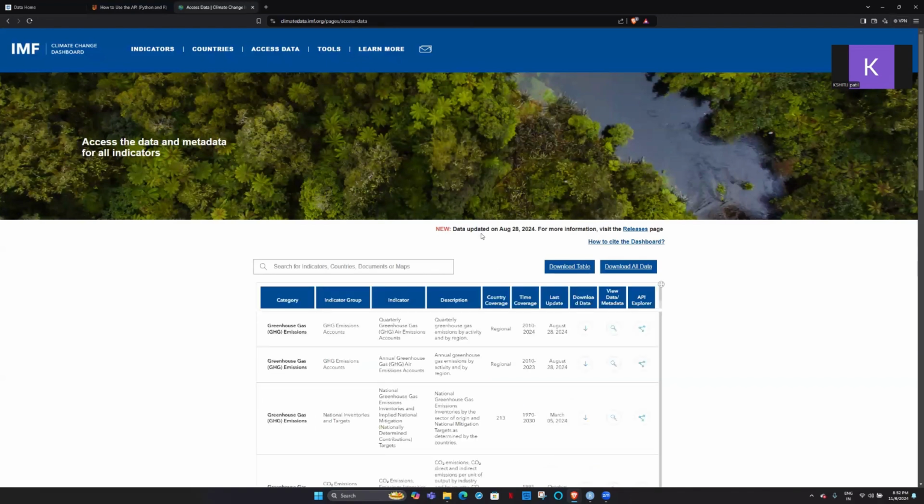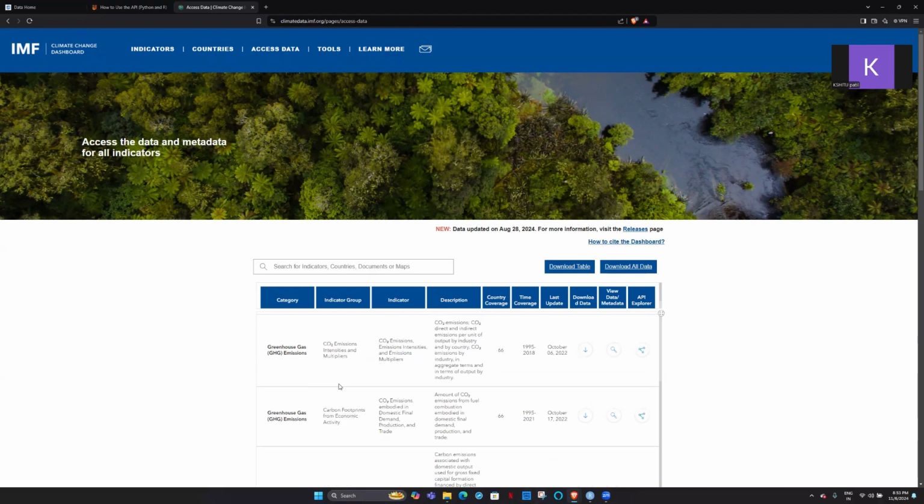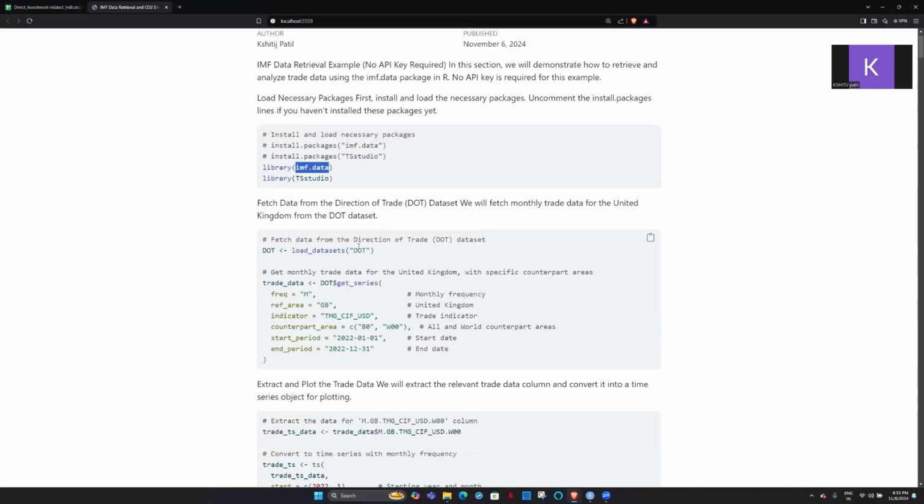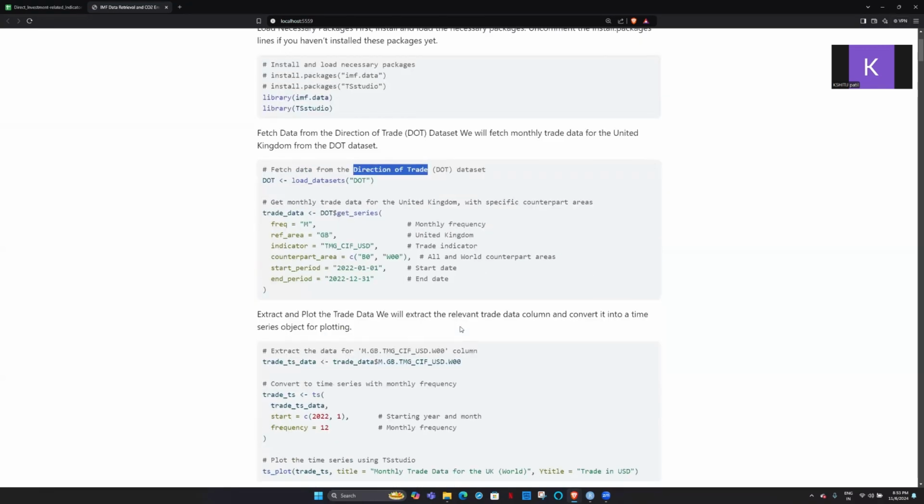And another one is the IMF, International Monetary Fund's, climate change dashboard. I would be downloading one of the datasets from here. So this is about the CO2 emission dataset. So we will be plotting, understanding and analyzing certain facts along the way. So let's get started. Starting with the direction of trade dataset, from here we will be retrieving a